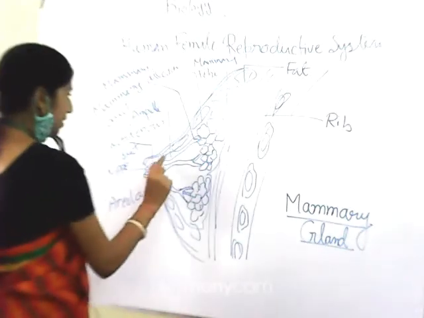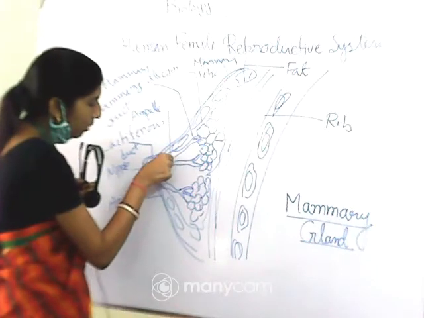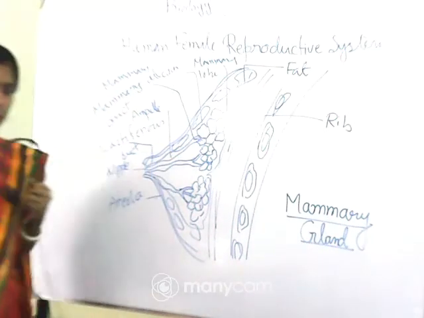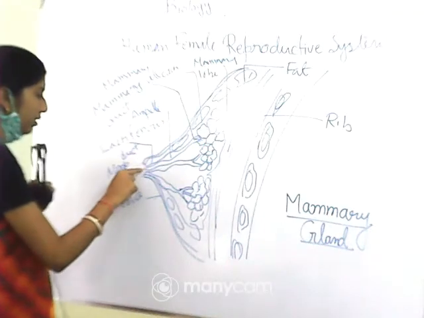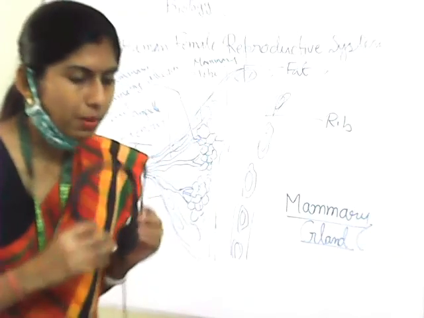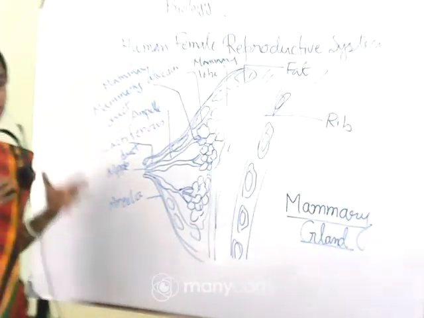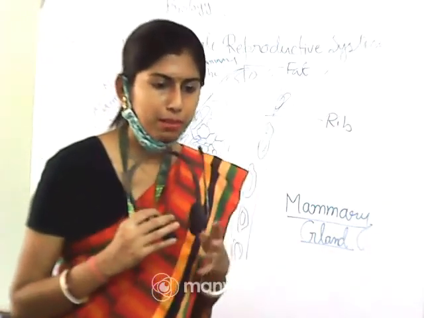Now, the tubules of the mammary duct will join to form a wider mammary ampulla, which is this wider portion you can see. So this duct will join to this type of wider portion which is considered as mammary ampulla, and then it will be considered as lactiferous duct, and milk will be released through the lactiferous duct when it is sucked.